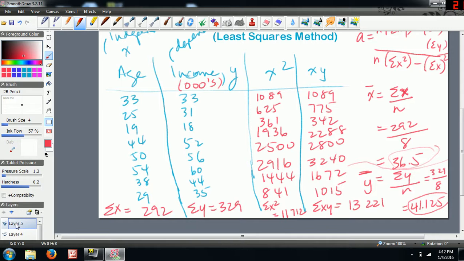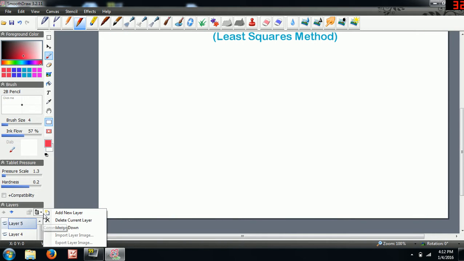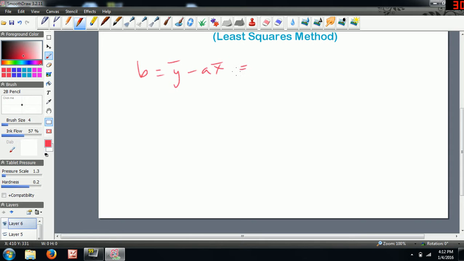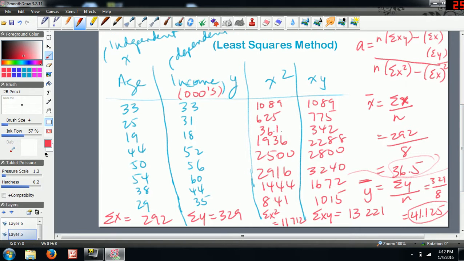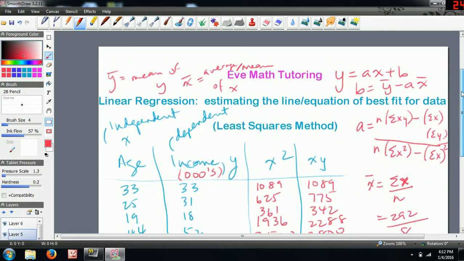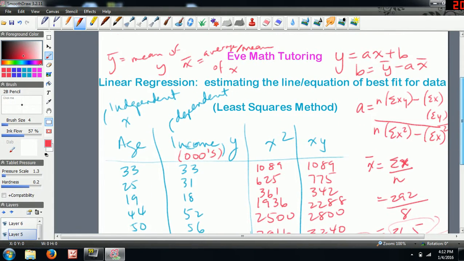Now once we get all this, we can go ahead and plug them into b. So b is equal to y bar minus a times x bar. Now did we calculate a? No, we didn't. So I should have done a first. So going back to the previous, using all these values, I'm going to actually calculate a over here. Okay, so a is going to be equal to,